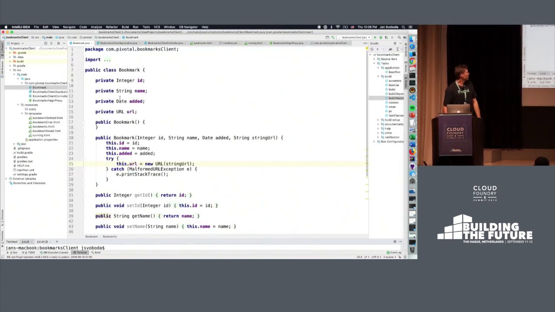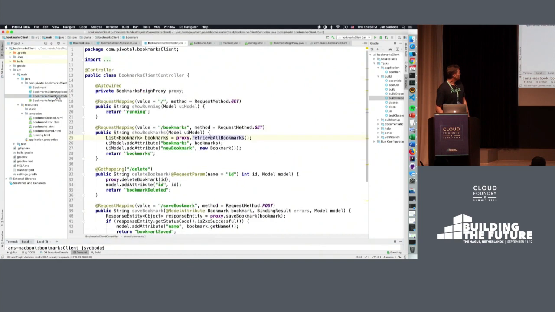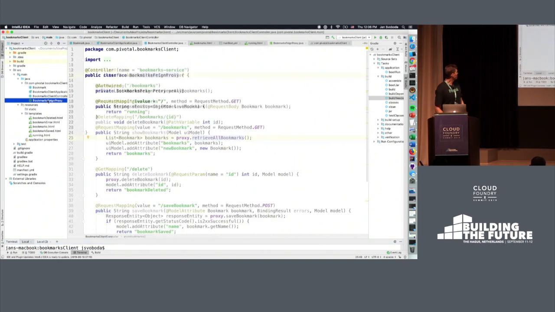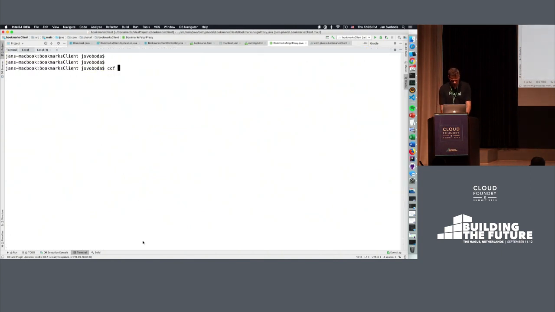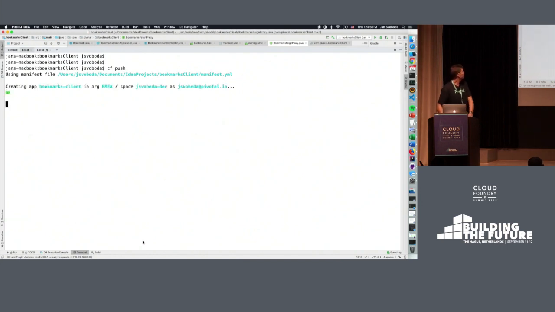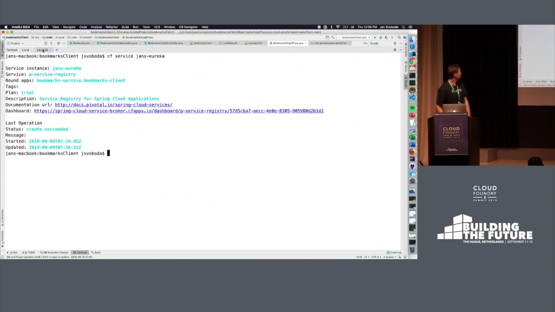It has the bean as well. It has the controller to return the HTML pages, and here it has the proxy, and this is the REST client proxy, and it will be able to communicate with the bookmarks service. So very simple code as well. Let's push it. CF push. Okay. CF push. And what we can do meanwhile is look at the